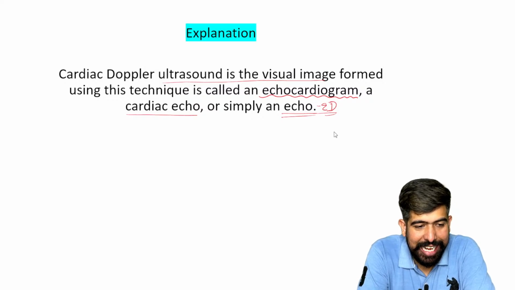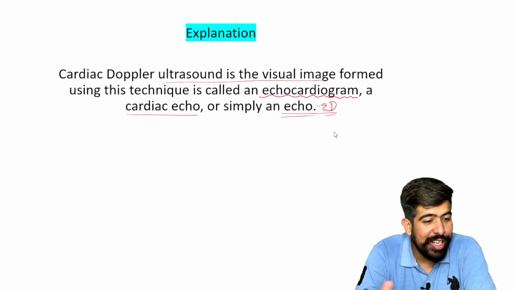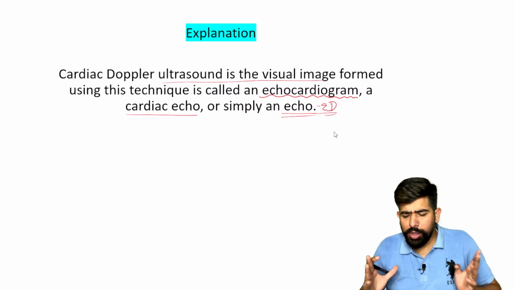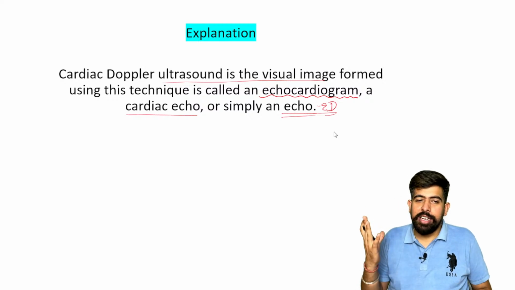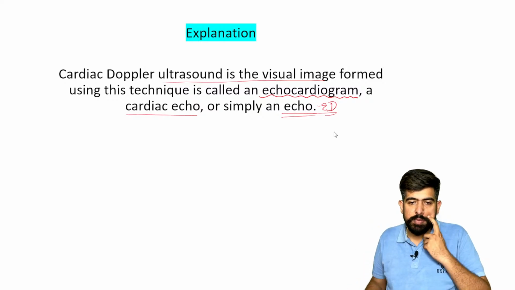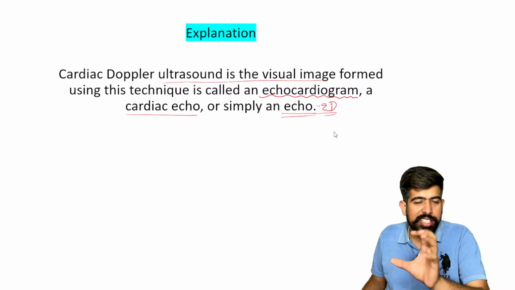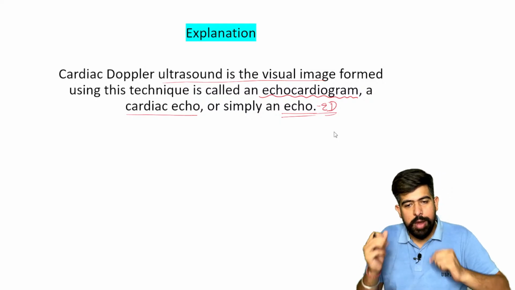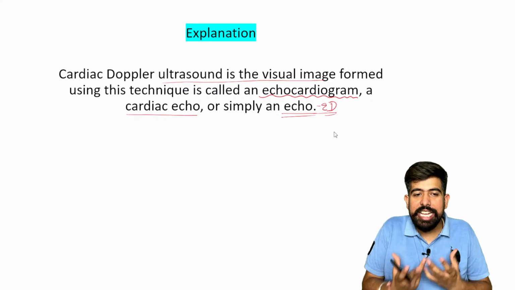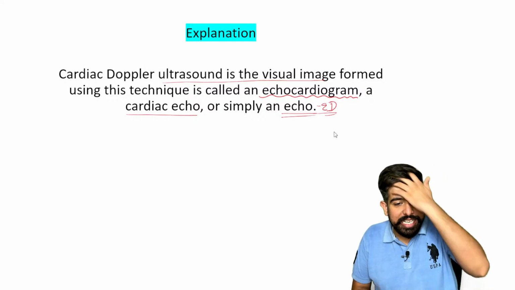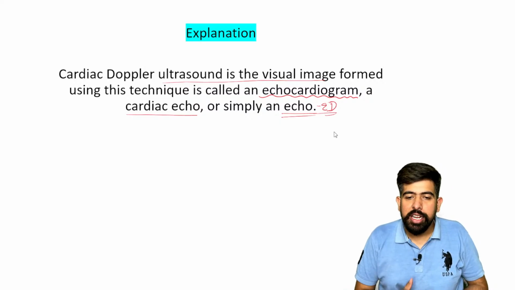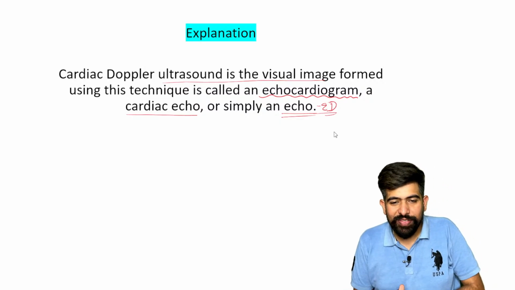Yes, if you are thinking, sir, what kind of question is this? Yes, they are asking such questions. Most of the students, some of them mark ultrasound of the heart only, some answer ultrasound, some identify the red and blue colors, think it's a Doppler, and answer Doppler, right? They are not thinking that it is also known as echo. Yes, we are doing the ultrasound of the heart, the Doppler ultrasound of the heart, and that is echo. Okay, right?